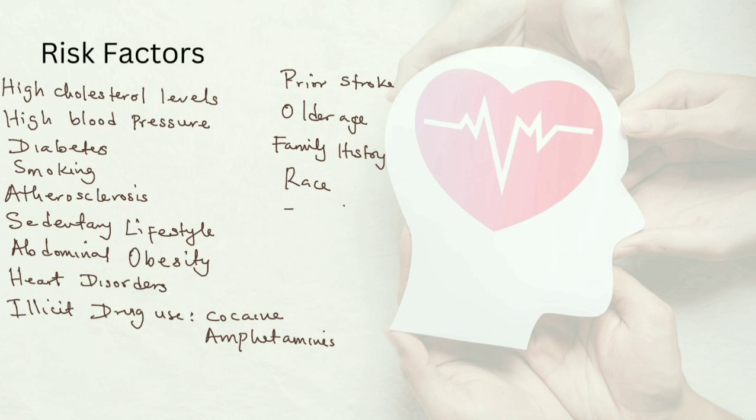Now, what are the risk factors? The risk factors for stroke: high lipid levels, that's high cholesterol levels. Cholesterol levels should be checked, at least when one is around the age of 45 and above. Then even the blood pressure level: you don't need to be old before you start checking your blood pressure. At least check it probably once in 3 months. It won't harm you. Other risk factors: diabetes mellitus, that's elevated blood sugar, and smoking.